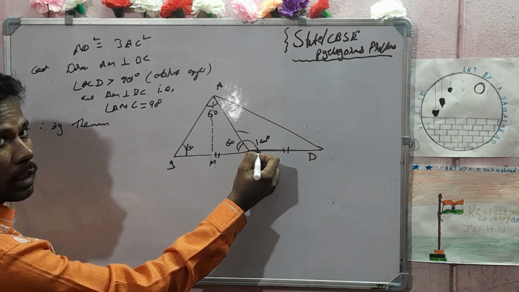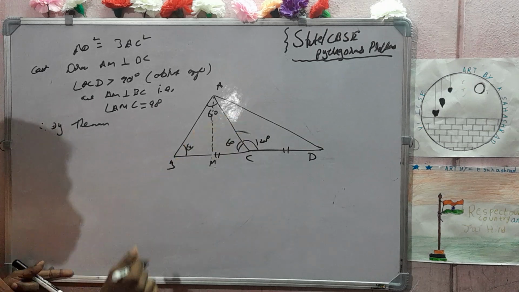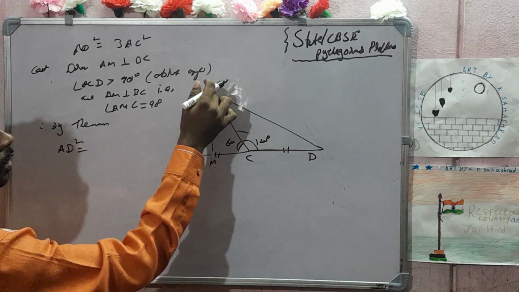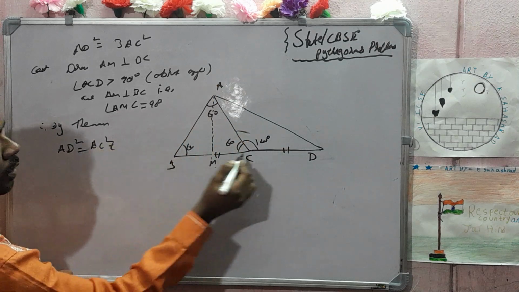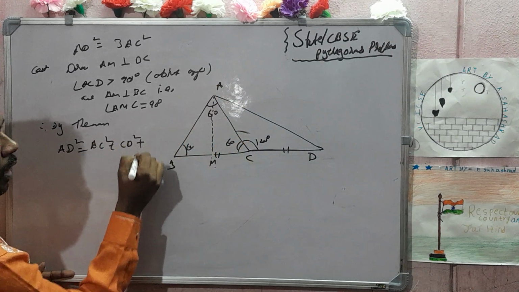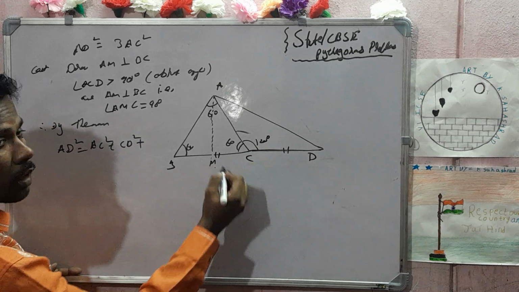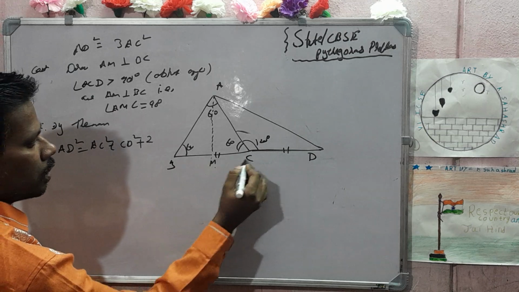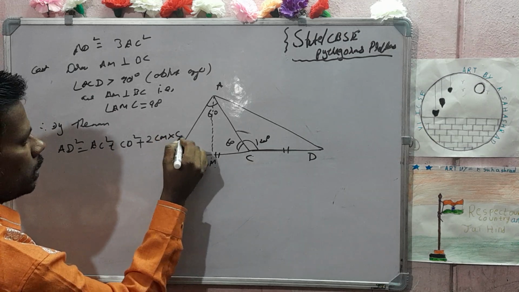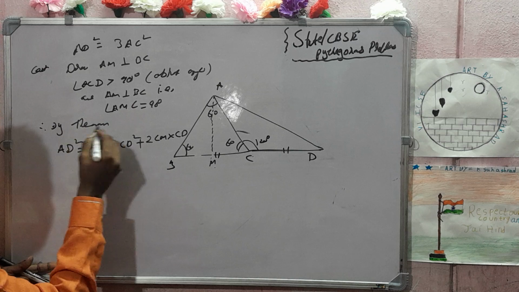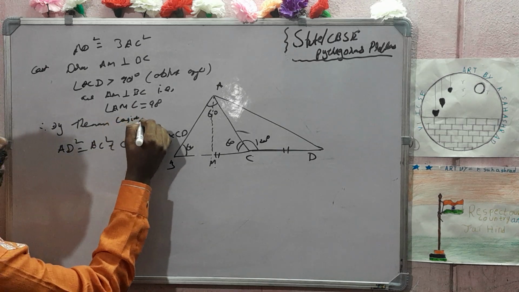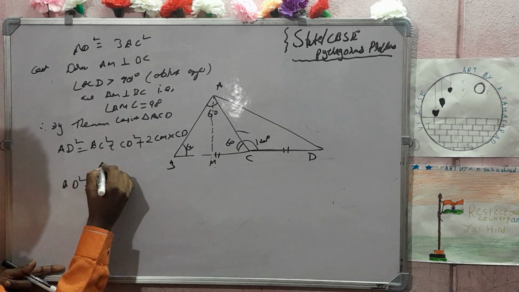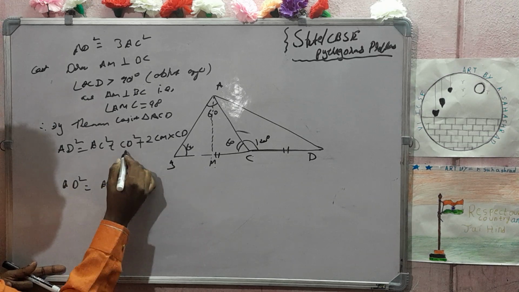What is that? Obtuse angle is there. So what does it state? According to Pythagoras, AD square is equal to AC square plus CD square plus twice the product of parts of the base, twice the product of parts of the base means MC into CD, right? Now by theorem, consider triangle ACD also, right? So AD square is equal to AC square plus CD